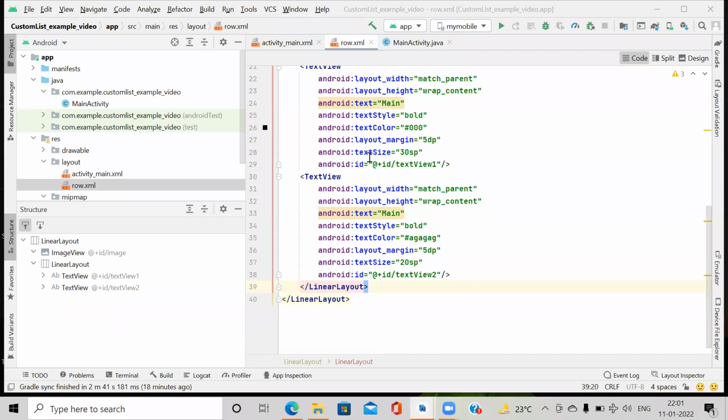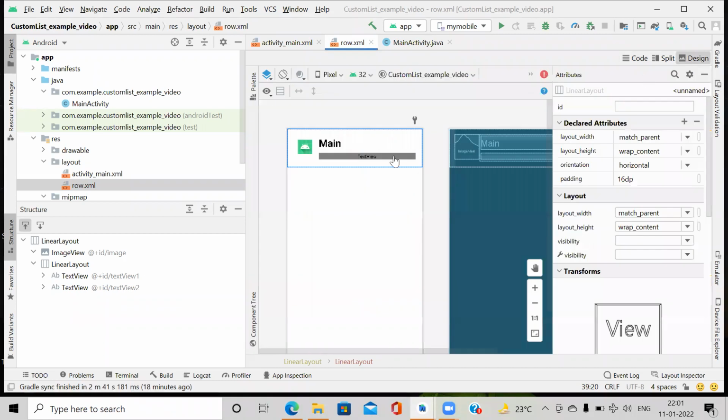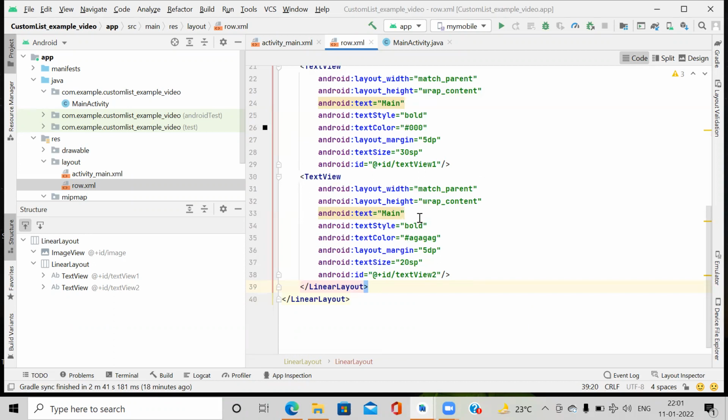So here we end the designing. If you see the design, it will look like this. Here the image is, here is the main text, and here is the subtext. I think we have to change its text. So here again we write the main, and here we write the description.